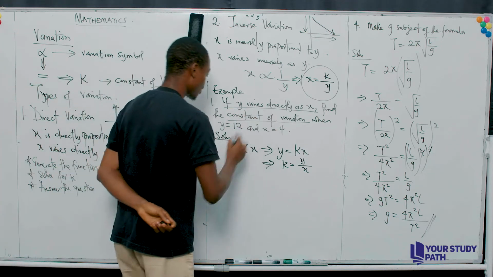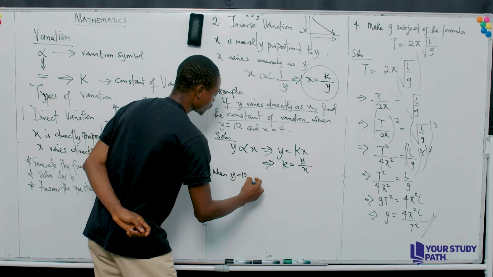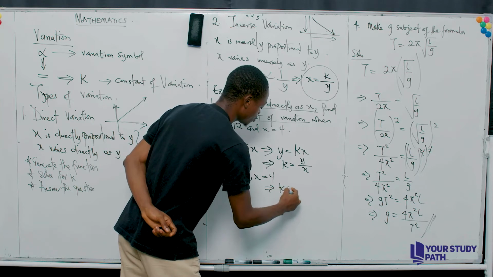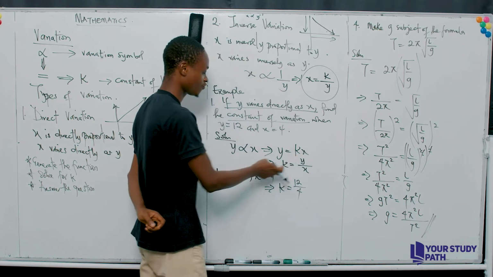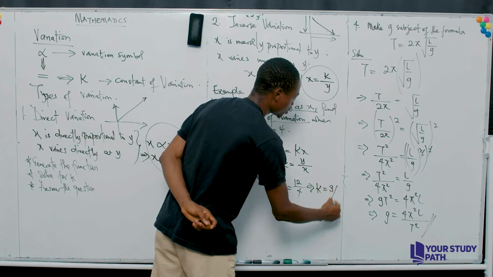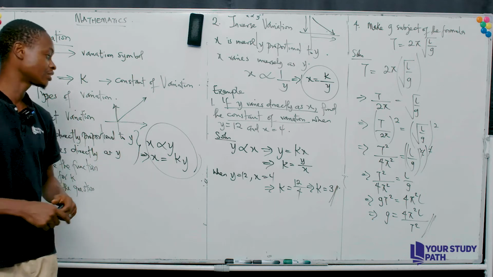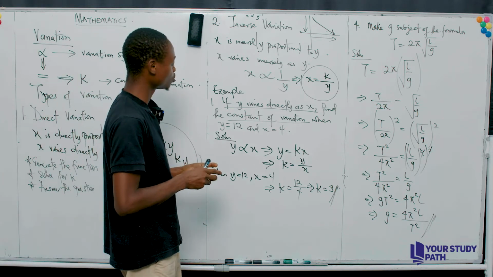Now, we are looking for k when y is equal to 12 and x is equal to 4. What would that mean? That would mean that k would be equal to 12 over 4 because y is now 12, x is now 4, which will now mean that k will be equal to 3. So it means that the constant of variation in this case is 3. And you can test it out that it satisfies everything. If the values here are y equal to 12 and x equal to